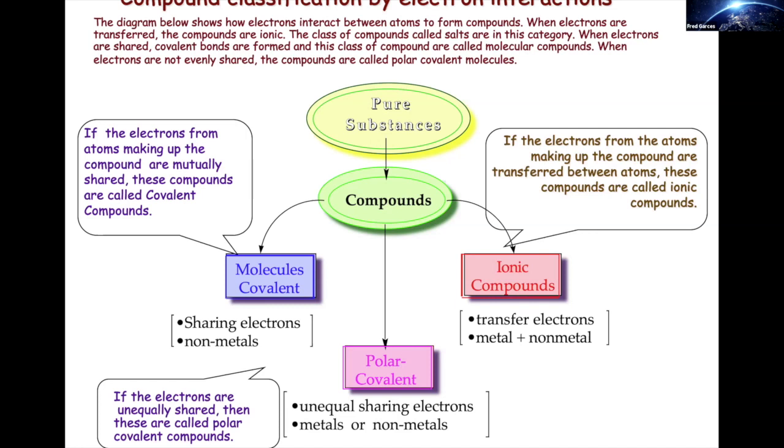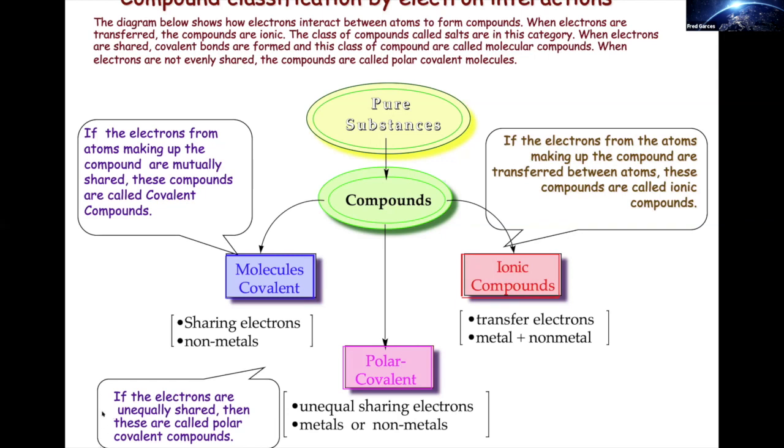When the atoms come together, it's the valence electrons that are responsible for the chemistry, because the valence electrons are the parts of the atoms that extend the furthest out. And so when atoms collide, it's the valence electrons that mingle with each other. What will happen is that the electrons are either going to be transferred from one atom to the other. And when you have electron transfer right here, what you have is,